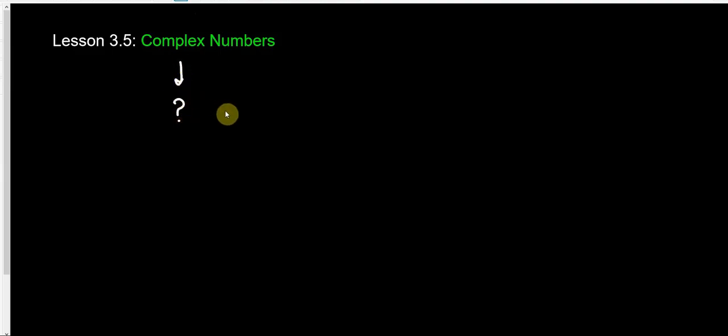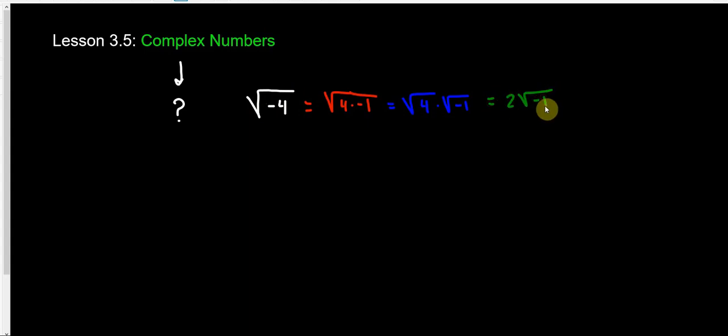Well, here's a way to figure this out. Something that we could not handle earlier in this course is something like the square root of a negative. But we do have some skills where we can break apart things like negative 4 into 4 times negative 1. You would agree that negative 4 is the same thing as 4 times negative 1. And we have a product rule that says these can each get their own radical. And then I'm allowed at least to simplify the piece I know. The square root of 4 is 2,